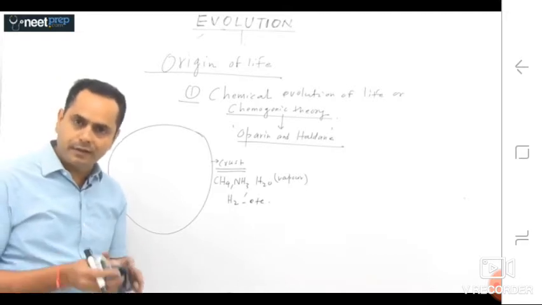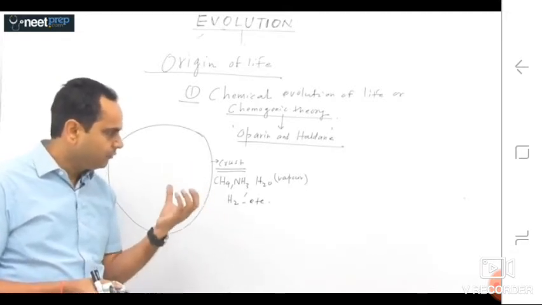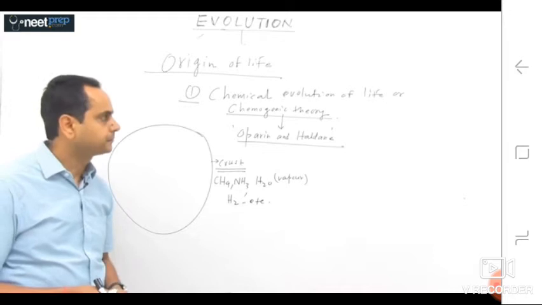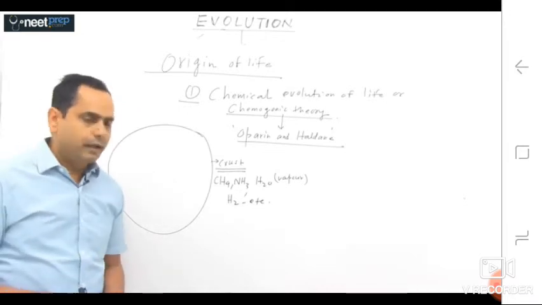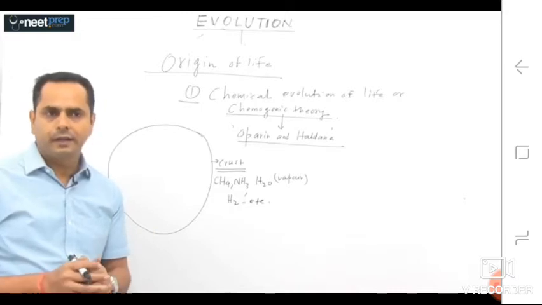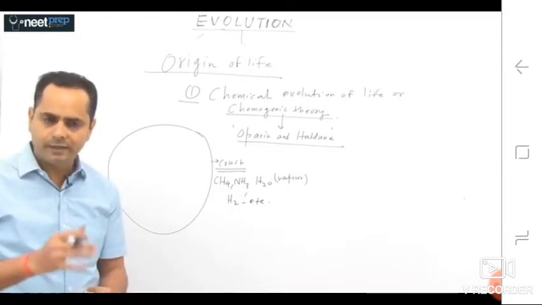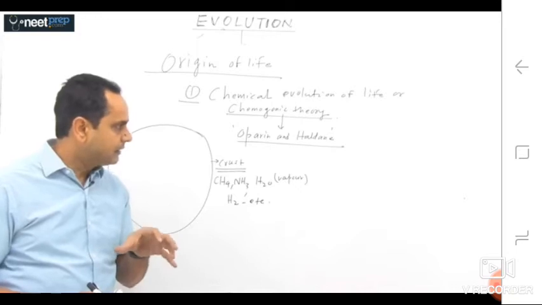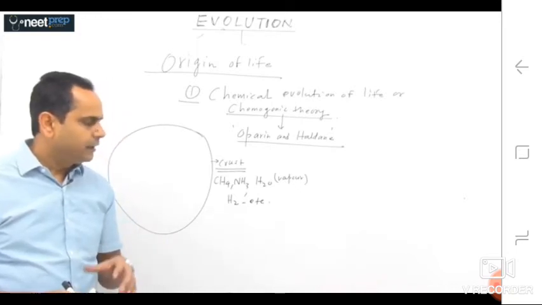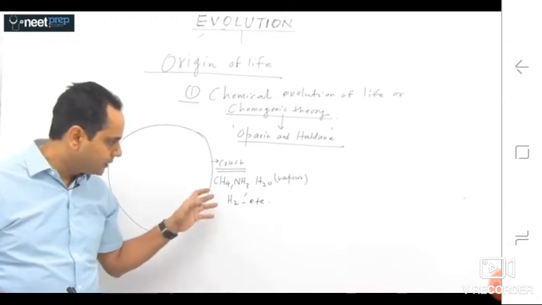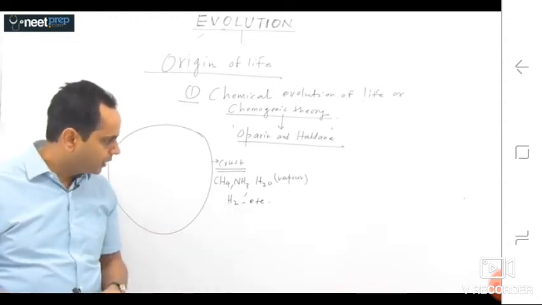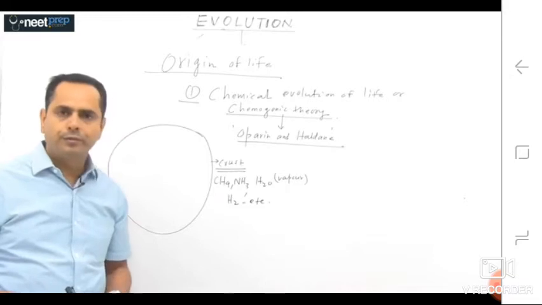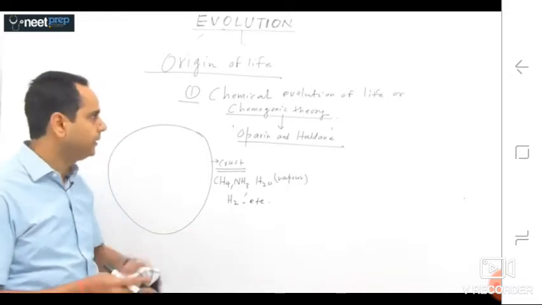So after the formation of the crust, the initial molecules we discussed are methane, ammonia, H2O, hydrogen, etc. And how these molecules get transformed into cellular life is a very gradual process. What Oparin and Haldane said is that initially these molecules like CH4, ammonia, hydrogen, H2O slowly developed into more complex molecules. For example,